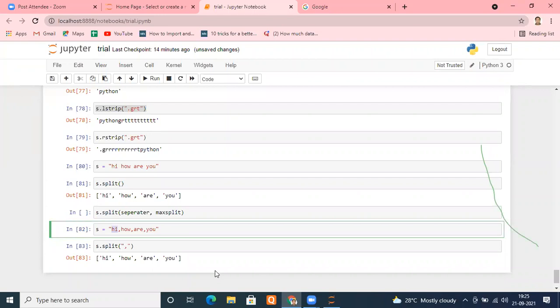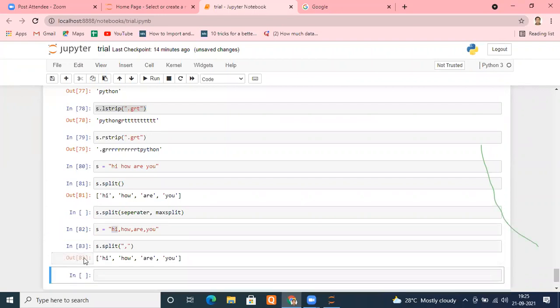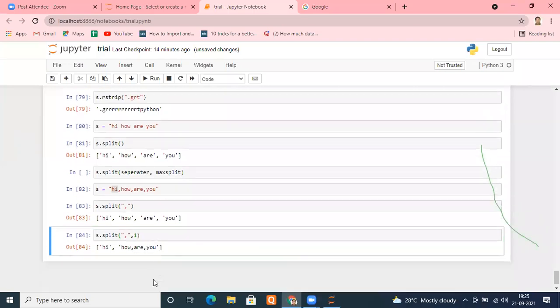Second thing, the second parameter. Let it be like this, whatever s is, and now I am doing s dot split. I'm trying to separate them by a comma, but I want only some splits. Let me put 1 and see what happens.